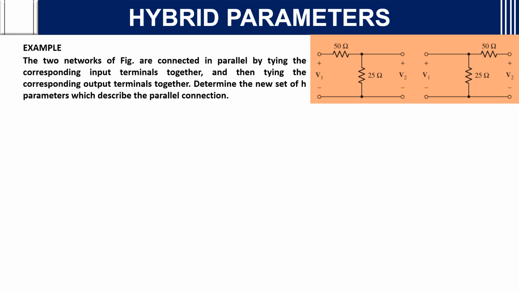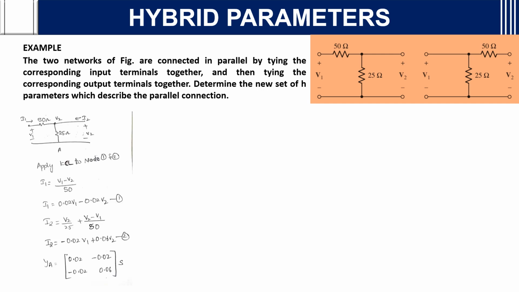tying the corresponding output terminals together. Determine the new set of H parameters which describe the parallel connection. What they are telling is, by tying the corresponding input terminals together, and then tying the corresponding output terminals together, determine the new set of H parameters. They are asking, we can do that. It's easy. How to do it is,